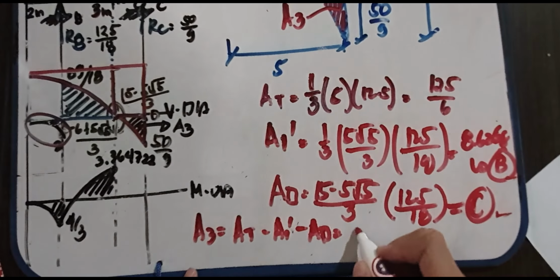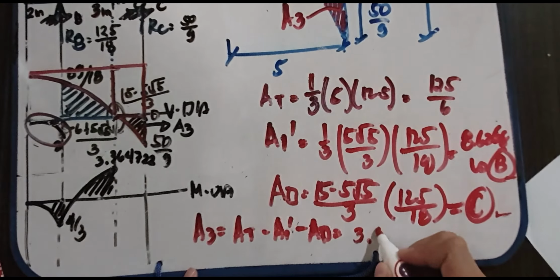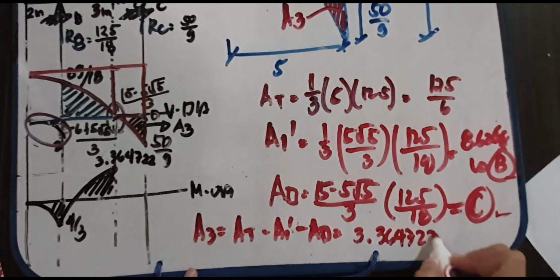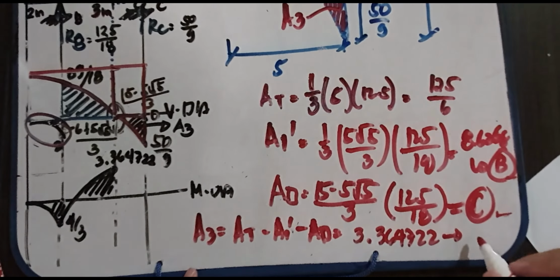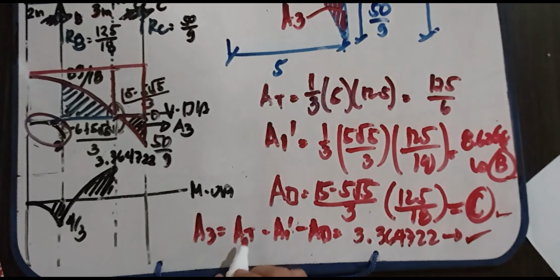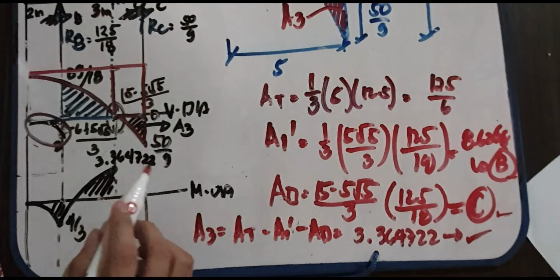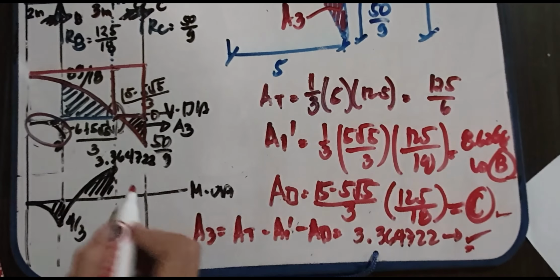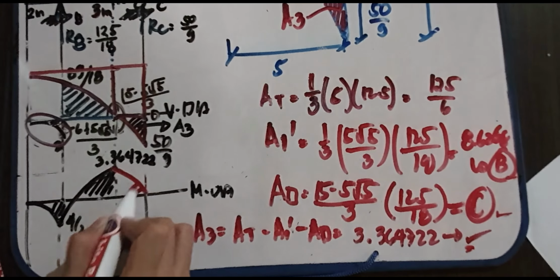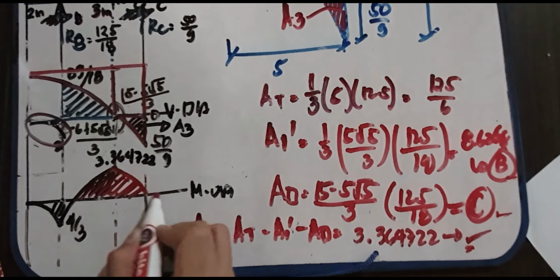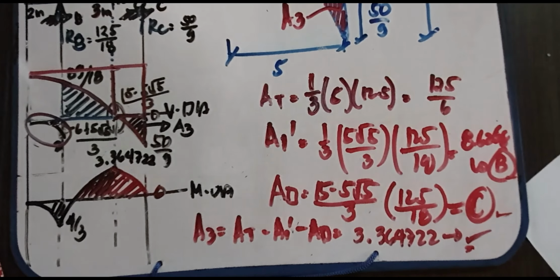So, we have roughly 3.364722. So, ito po yung value natin for your area 3. So, as you can see dito sa diagram, we have 3.364722. I-minus natin yung area 3, so that is the value. So, we have 0 moment. Okay, so that's it for example na